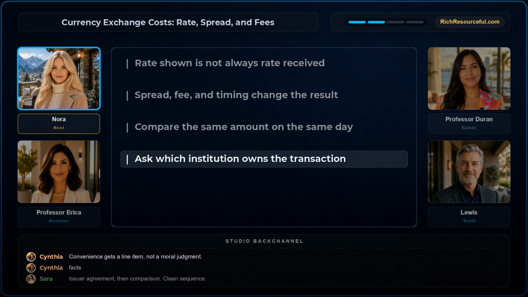That pays off the promise from the opening. The rate can be real and still not be your cost. The missing add-on is friction, spread, fee, timing, and terms. But a clean travel comparison doesn't answer the much harder question. Should someone take a leveraged currency position because they expect the rate to move?